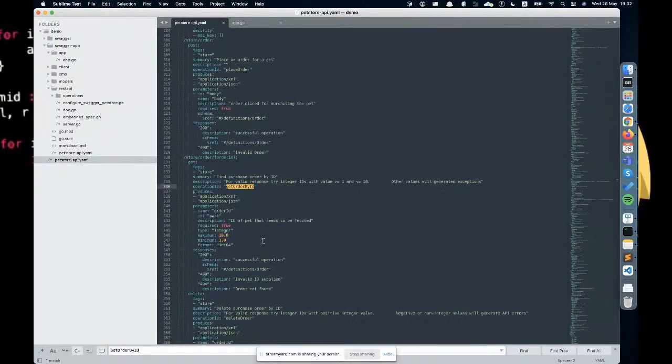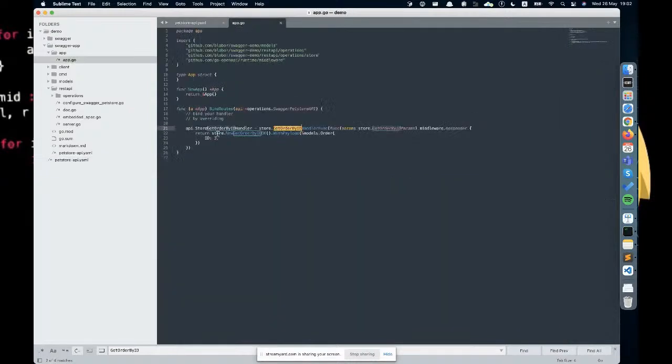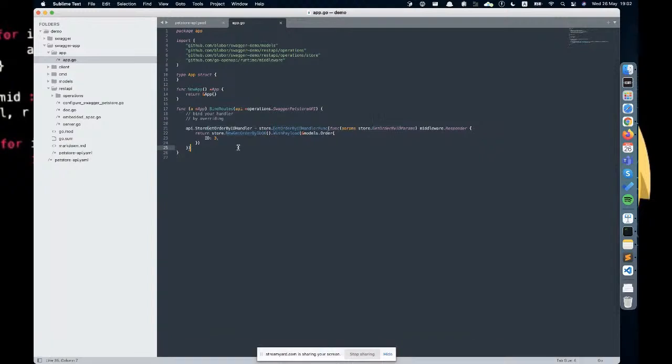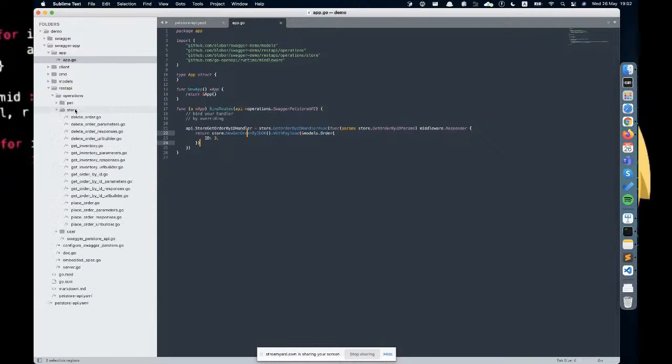Just to be clear here, you might see that we are defining exactly what the output would be right here. Based on the responses defined right here, you will have a different set of responses already generated for you as well. I do believe it's somewhere right there in operations, store, and this is the get by ID responses.